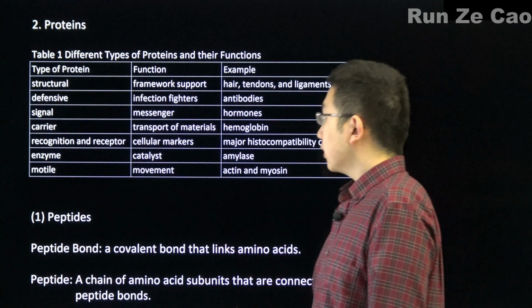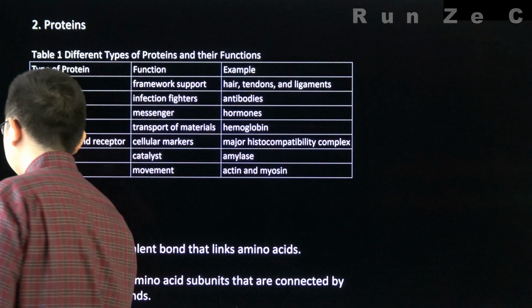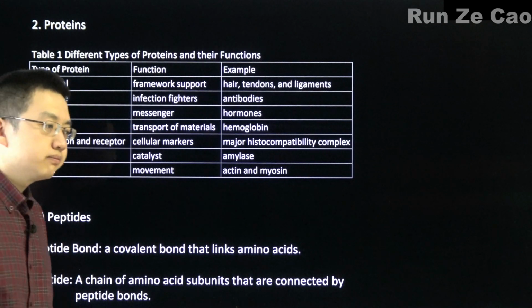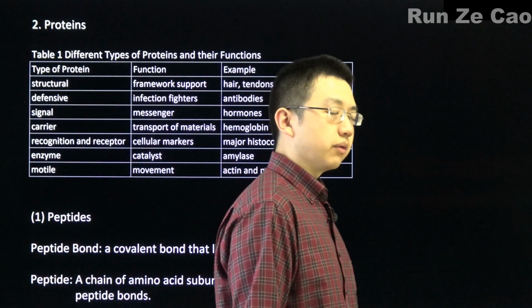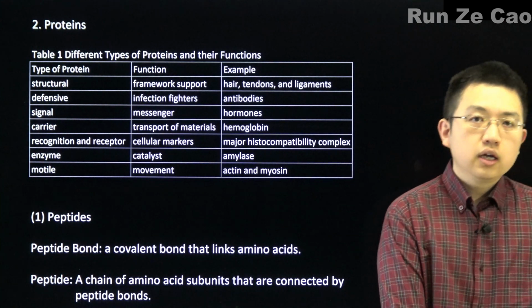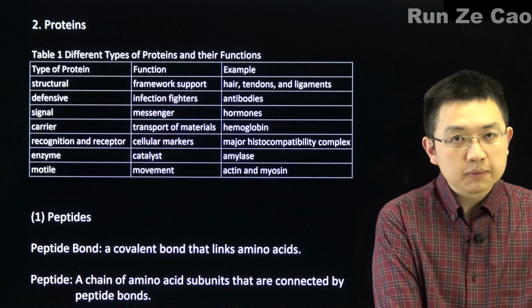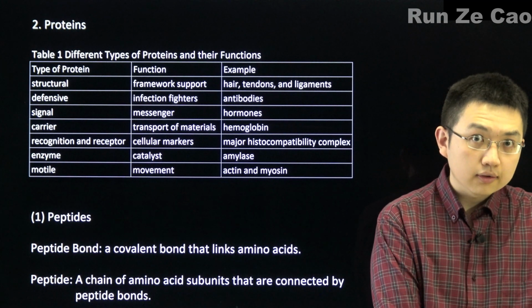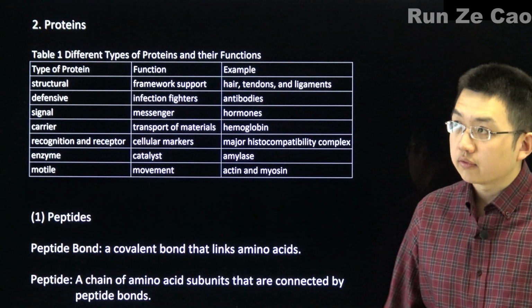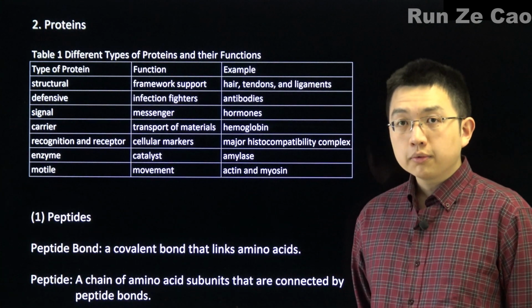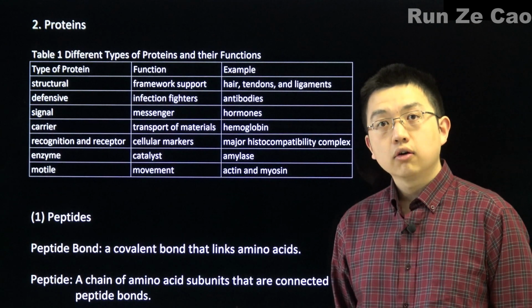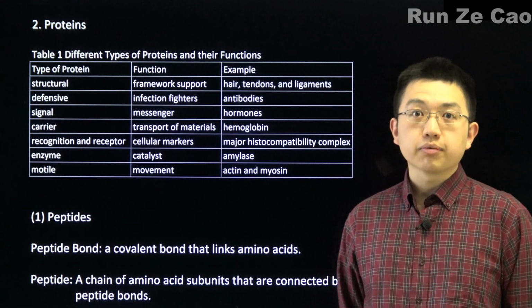So structural proteins: hair, tendons, and ligaments. Hair is mostly keratin. Tendons and ligaments are mostly various collagens. These function for support and elasticity. But there are plenty of non-animal examples. For example, all eukaryotes have cytoskeletons. What are they made of? Well, microtubules, an essential part of cytoskeletons, hey, those are made out of tubulin, which is a protein.